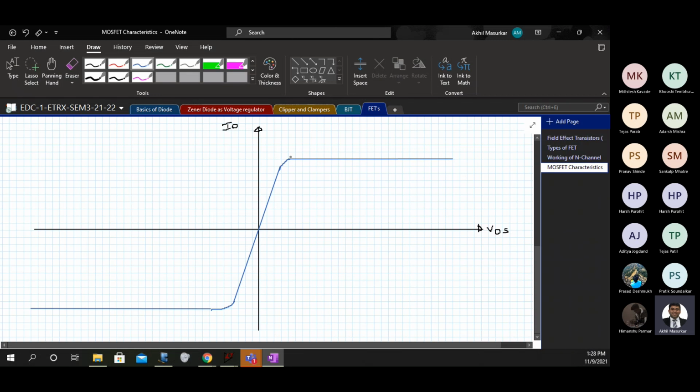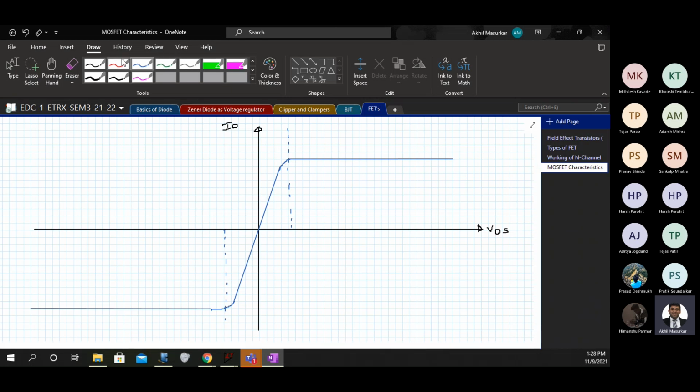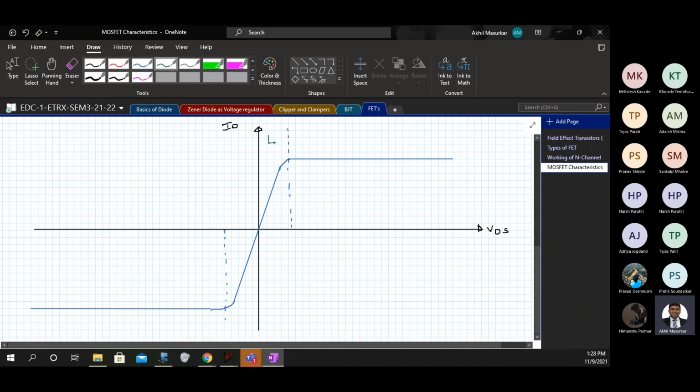Again this gives rise to two regions. This region is linear and this is saturation, and the defining point is where current reaches a constant value. This is that value of VDS, so we call it VDS sat.